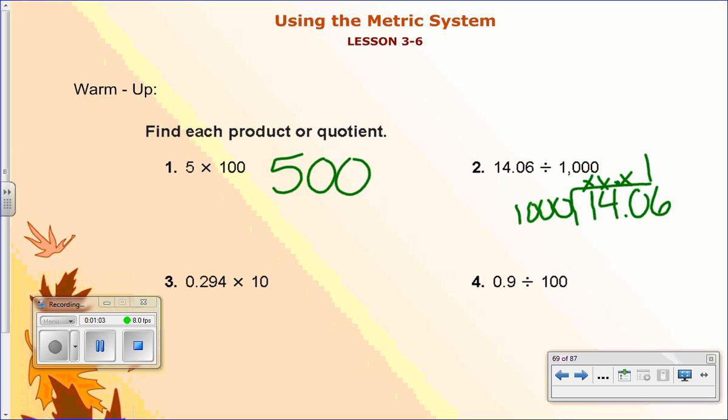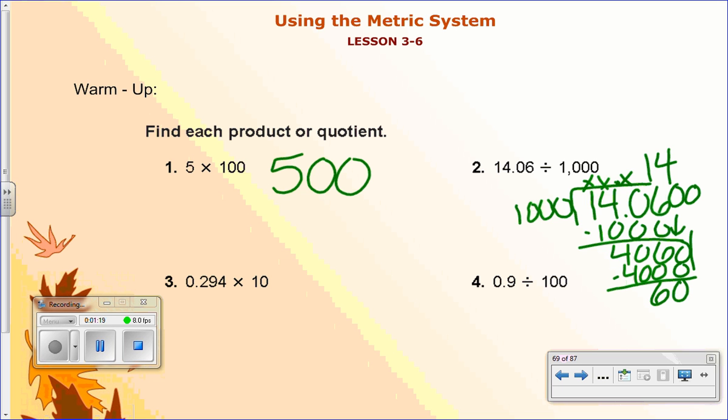And again, I line up my decimal points there. And I'm left with 406, add a 0, carry it down. Well, that goes in there 4 times. And I'm left with 60 and add a 0, bring it down. Well, it doesn't go into 600, so add another 0, bring it down, and there we go. I am left with